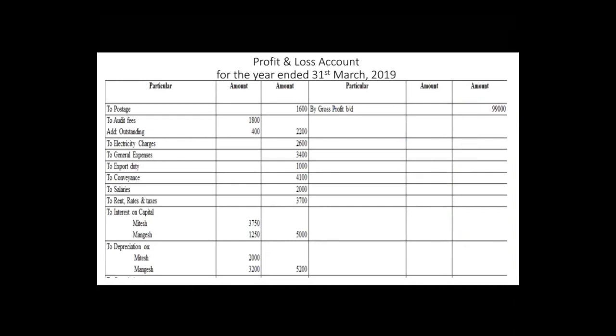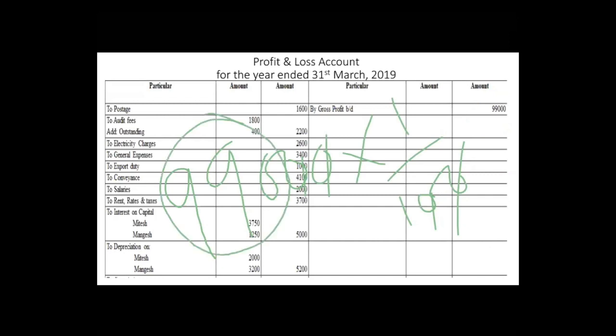अब आपको one more thing you have to see is one more adjustment is remaining, that is the second adjustment which is of commission. क्या बोला है? 1% commission निकालना है gross profit पे. तो commission का जो second effect है वो profit and loss में आता है, which means profit and loss account close करने से पहले you have to find out this amount of commission. तो how much gross profit is given? It is given 99,000 और commission कितना बोला है? 1%. तो 99,000 पे 1% is how much? Zero cut, zero cut, zero cut, zero cut, तो कितना बचा? 990. So 99,000 पे 1% is 990.